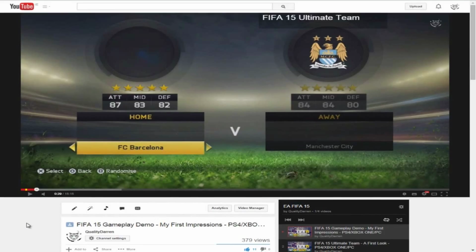I have the Elgato Game Capture. I'm not sure is the HD60 much better. I know there's a newer version, but this is perfect quality right here. I can record it in 1080p here, so it's a really good capture card, and I just recommend, maybe if you're doing a channel with your friends or something, go 50-50 on it some way, but get that if you're investing in a capture card.